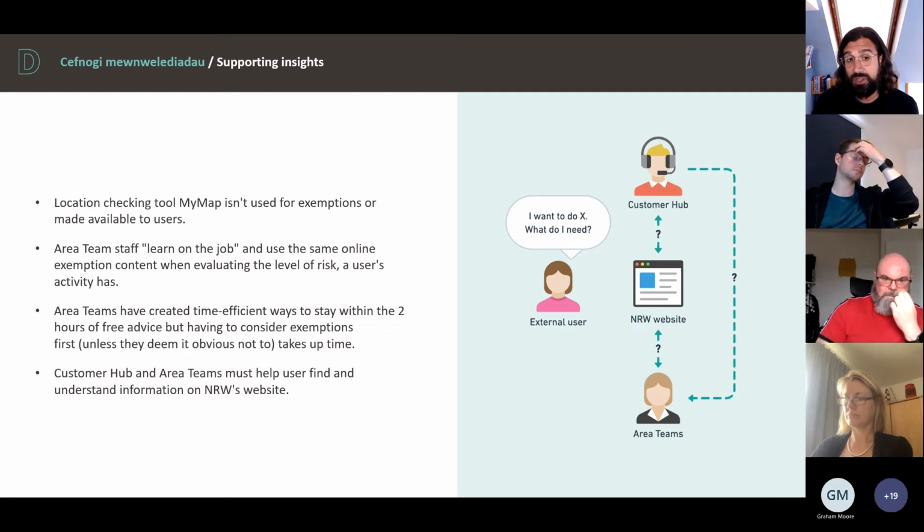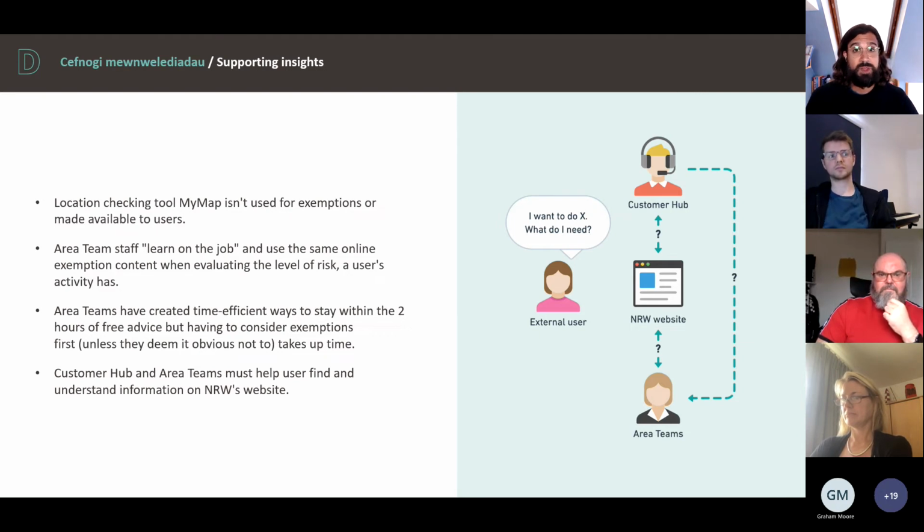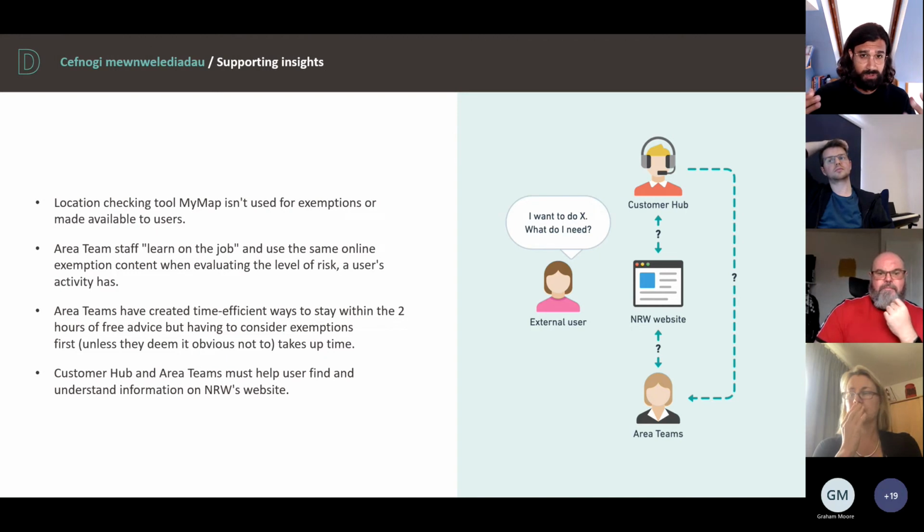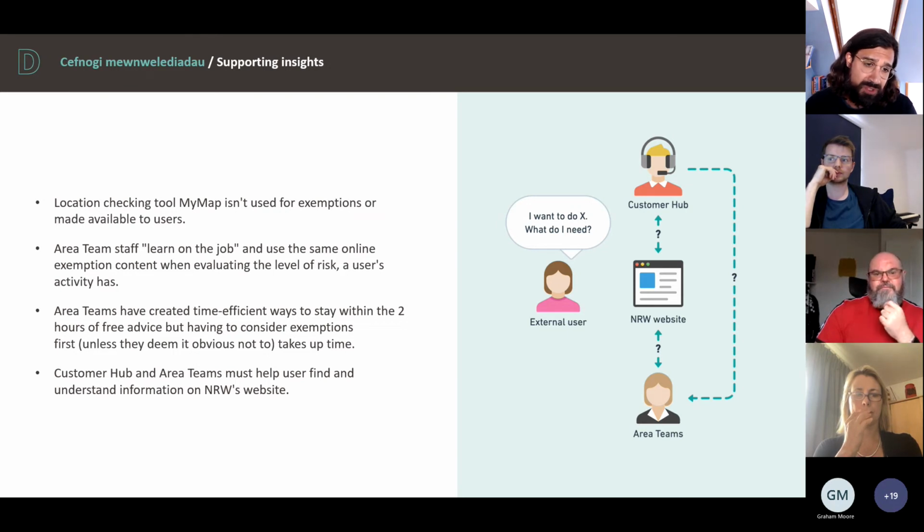Staff learn on the job, and they use the same online exemption content that the users do, which is on gov.uk. By learning on the job, when someone makes a very sensible request, such as "I'm going to break asbestos" or "I'm going to handle asbestos," they know that's a permit and can go straight there. But other requests may be a bit more grey, and that requires them to use their knowledge, their experience, the team's experience, or to trawl through the conditions and try to find exemptions or other regulatory options that meet that user's activity. Which takes us on to the fact that they try to stay within the 2-hour window to